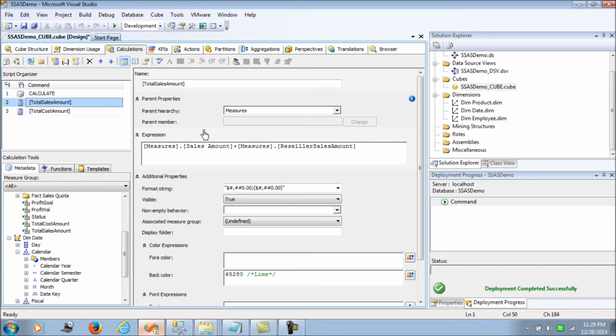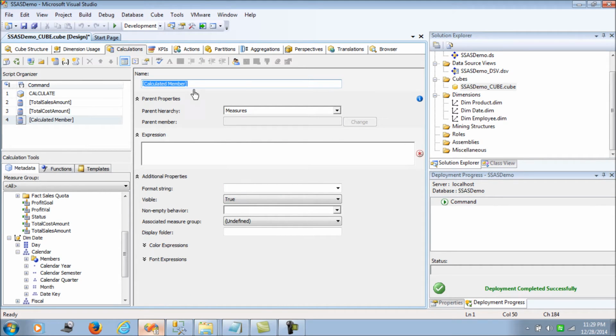Having said that, let's jump into KPIs and set up a simple KPI demonstration in this blog. To start with, it is advisable for all the terms that I have used in KPIs, we create a calculated member, because that will be very helpful in drawing the KPI for us. Let's see how we do that. So I start with a calculated member. I call a new calculated member. Let's call it profit